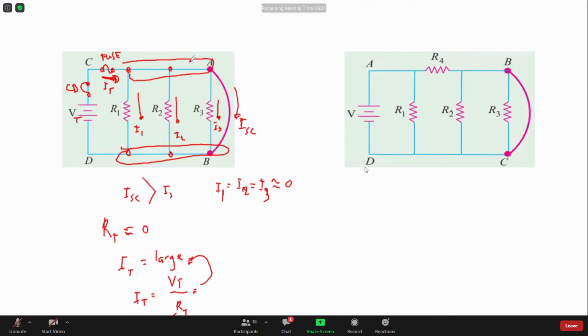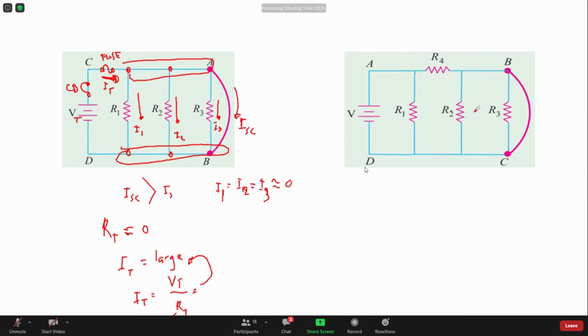So majority of the current supplied by the source, IT, is delivered in the short circuit, but there are some, no, a portion of that current, small portion of that currents are still flowing in I1, in I2, and in I3. But the magnitude in comparison, so the magnitude of I1, I2, and I3 is very small compared to the current in the short circuit. Okay? So, mo na ang sa ato ang short circuit. For example, kaning sa ikaduha,